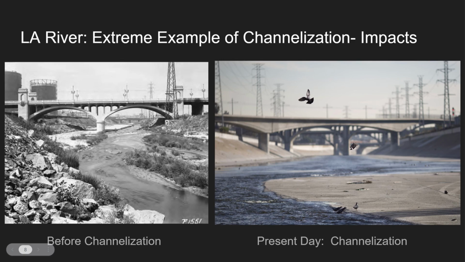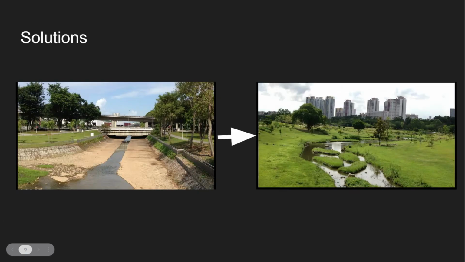This extreme channelization is not even necessary, as waterway reengineering can be done in more sustainable ways. Take Singapore's Kelang River, for example, in these pictures. By planting native species of plants to prevent erosion and redesigning the riverbank, the normal erosion and deposition are allowed to occur, restoring the normal geology and letting ecosystems thrive.